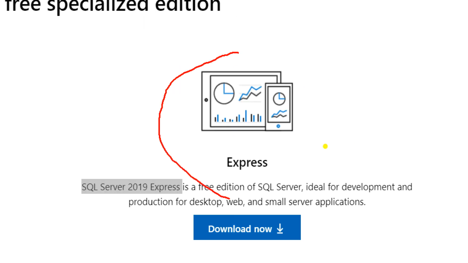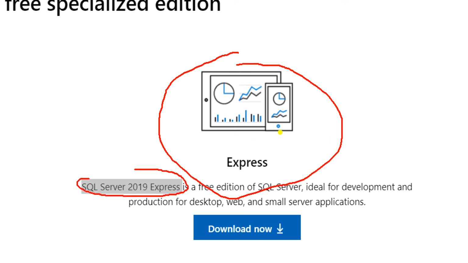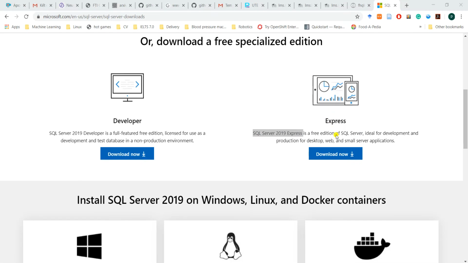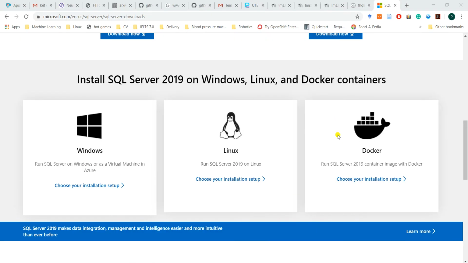This version we use is SQL Server 2019 Express, and